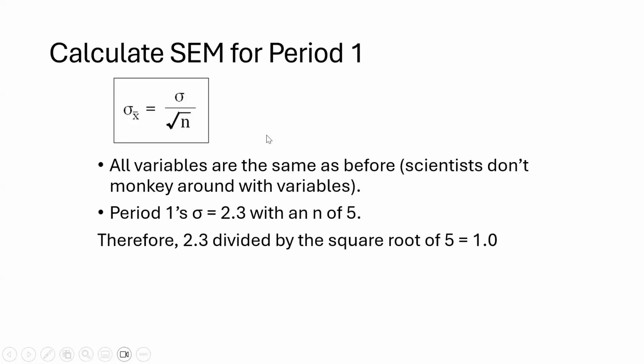Now to calculate the standard error for period 1, I use this equation. All variables are the same as before. We're not going to switch variables on you. So this is my standard deviation. This is essentially the standard deviation of the mean, which is what we call standard error of the mean. And you divide it by the square root of the number of trials. So period 1's standard deviation was 2.3 with 5 trials, an n of 5. Therefore, 2.3 divided by the square root of 5 equals 1. My standard error is 1, so I would put my error bar up 1 and down